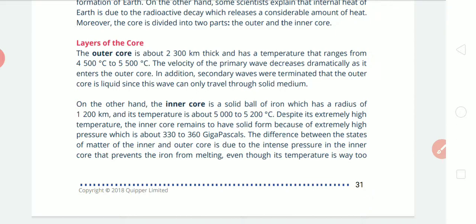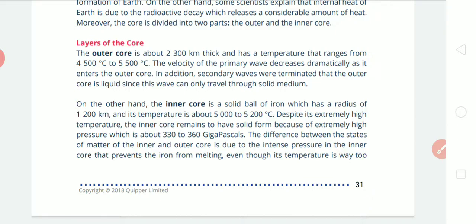Secondary waves do not get through the outer core, because S waves are only good for solid media. They cannot travel through liquid media. So secondary waves were terminated at the outer core, since the outer core is liquid and the secondary waves can only travel through